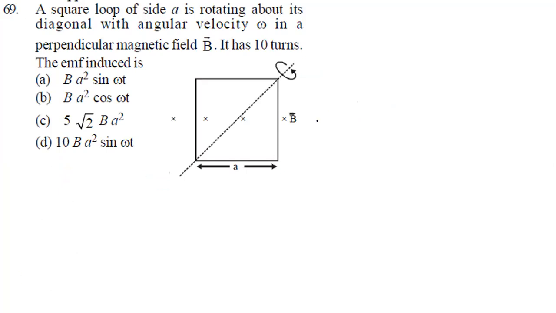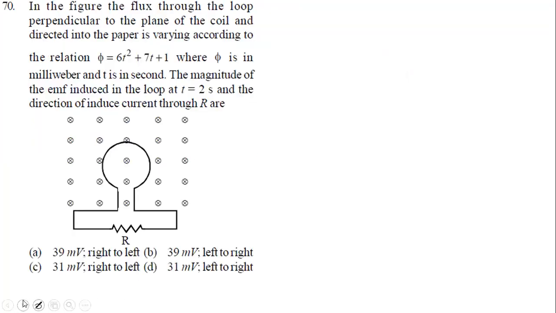Okay, it is again based on what now? A square loop is rotating with an angular velocity. So you're going to get the flux using this formula: flux equal to NBA cos theta, with theta equal to omega t. You're going to use this formula and simplify. Again, it is based on Faraday's second law. You can use this and simplify.